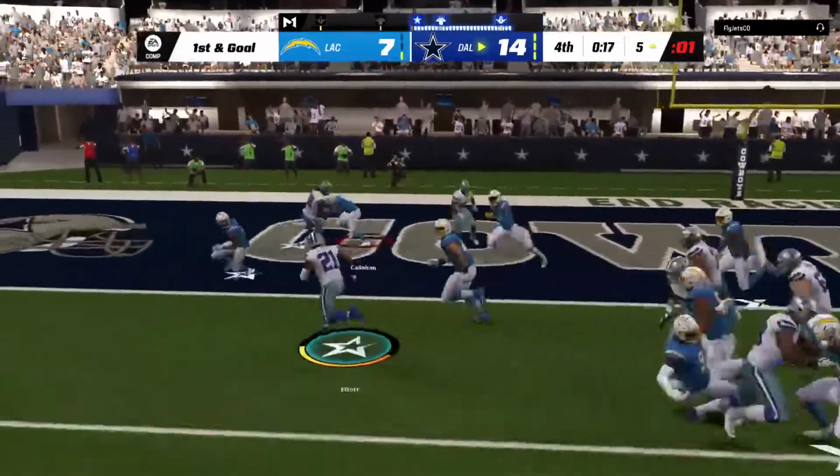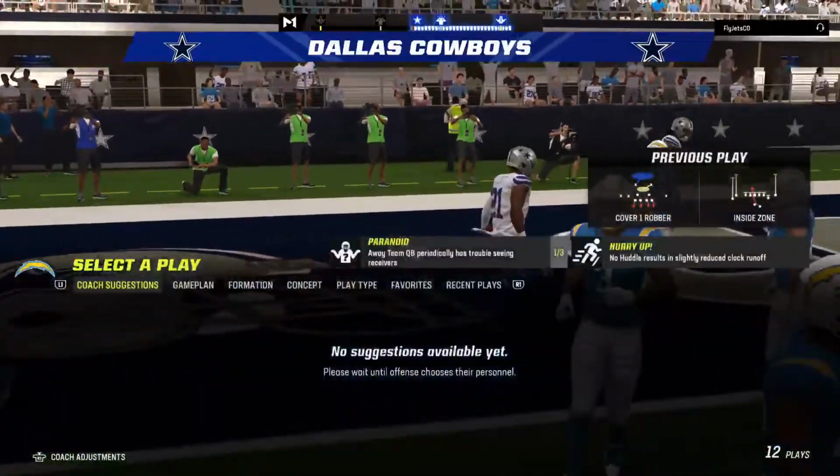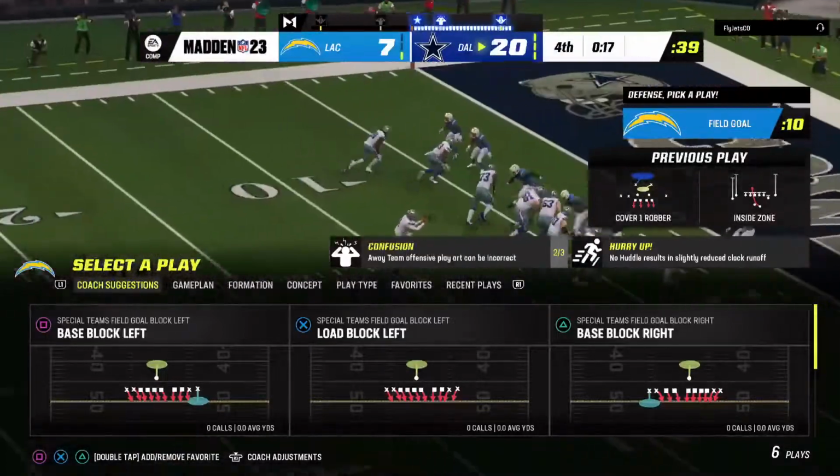Now Elliott. And he's across for the late touchdown. And in the final seconds. That one should just about put a capper on this game. Some good running there at the